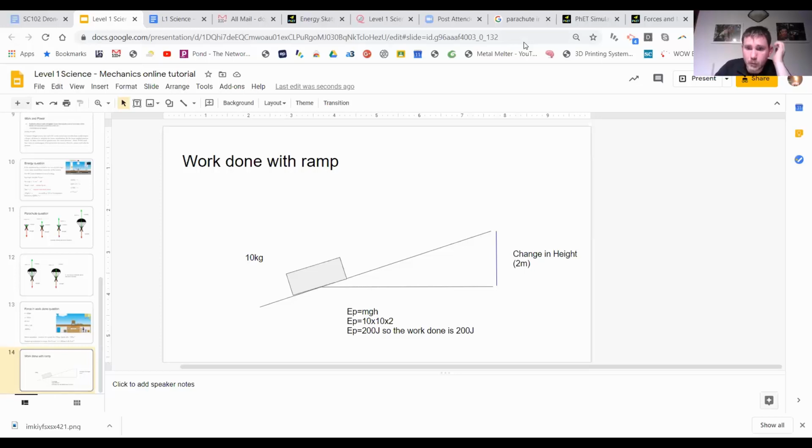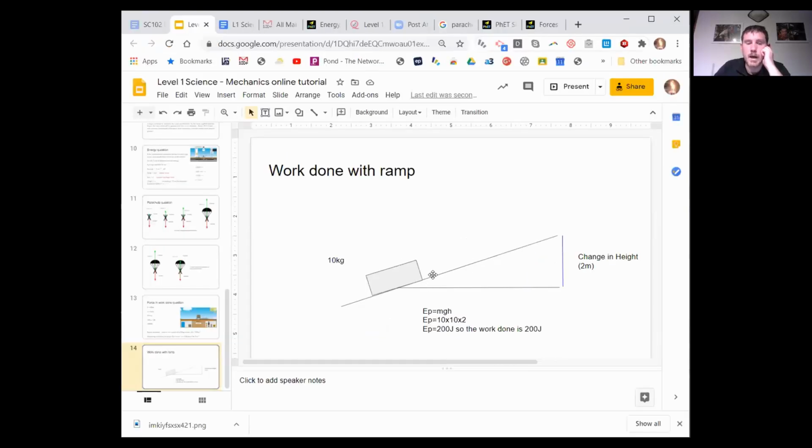Yep, good question. How is the work the same when the distance of the ramp is longer? It doesn't matter how long the ramp is. The only thing that's important there is the change in height. So if we had another situation where the ramp was really steep, I guess you could make the ramp steeper and steeper and steeper until you get it vertical, at which point you're just lifting the object straight up. And so all the ramp does is make it easier for you to apply the same energy over a longer distance. But the amount of work done, regardless of whether that's done straight up or whether it's done up a ramp, is the same. Because you're applying a force